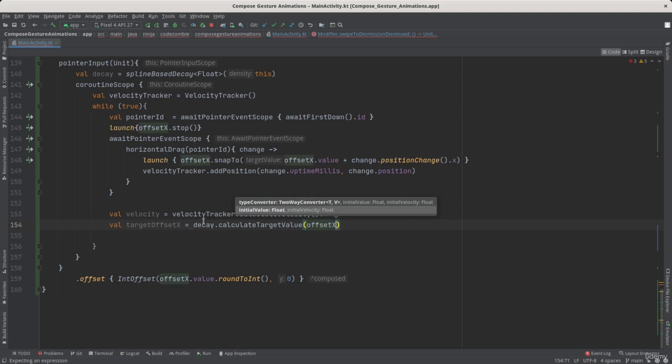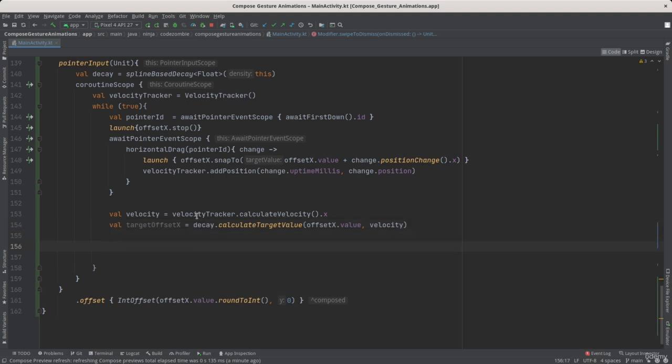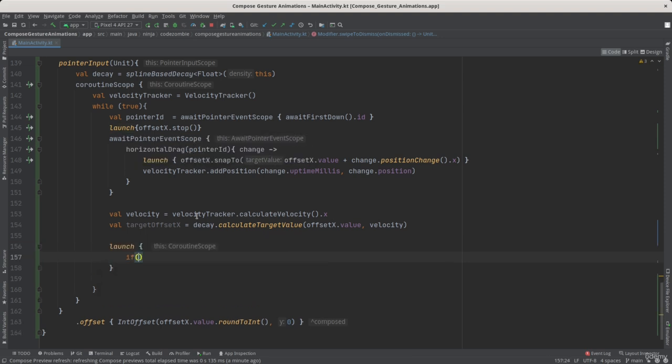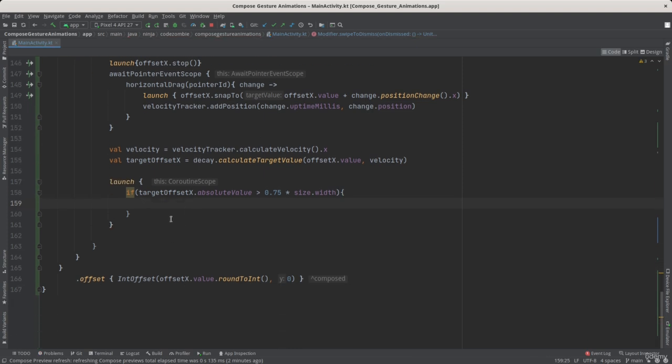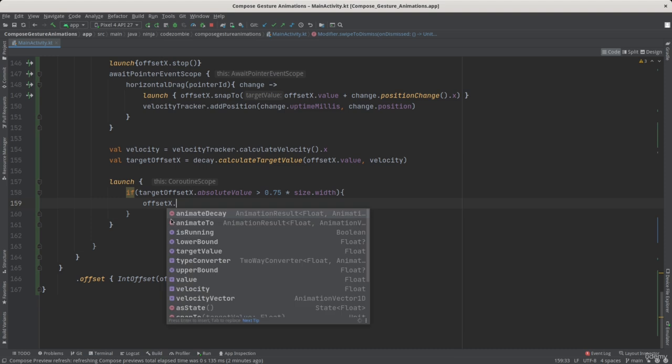Initial value is offset x dot value, and it also has the initial velocity for which I pass in velocity. And now I do a simple comparison. I say let's run a coroutine, and here I say if the target offset x dot absolute value is bigger than 75% of my width, then I allow it to be dismissed. So when that happens, I animate it with decay to the new offset. So I say offset x dot animate decay